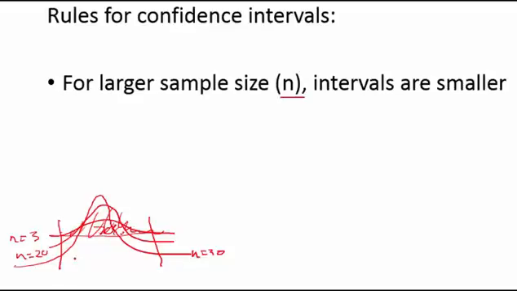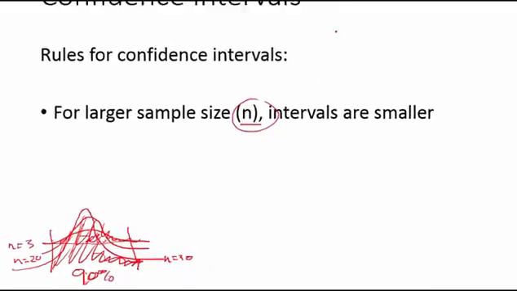But in my n equals 30, which looks more like a normal, I'm capturing maybe like 90%. Okay, so as sample size goes up, we get closer to a normal distribution, and the normal distribution is a skinnier distribution. Okay, the other way to think about that is if you just think about the definition for confidence interval,